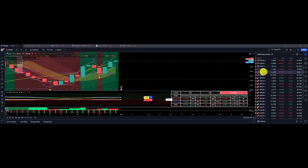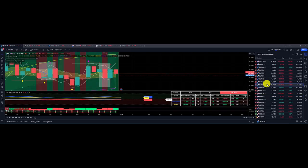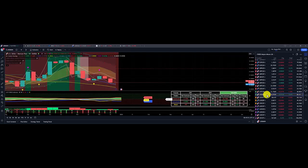Euro, US, $228 loss. British pound, Japanese yen, $911 gain, which would have given you, for the 28 majors and minors, additional $1,900 for the week in profit. Exotics would have given you additional $1,154 for the Euro South African Rand. For the British South African Rand, you're looking at $1,256. And for the US dollar Mexican peso, you were looked at a $28 loss, which giving you, for the exotics, $2,383 additional profit,